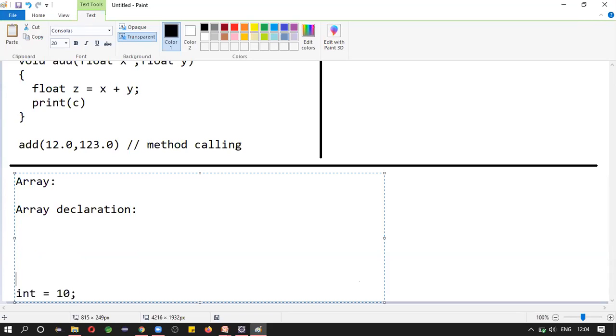First you need to define the type. Okay, if you want to store all integer values, you can write int array marks. This is nothing but the declaration of an array. If you want to store the values, you can write new int of